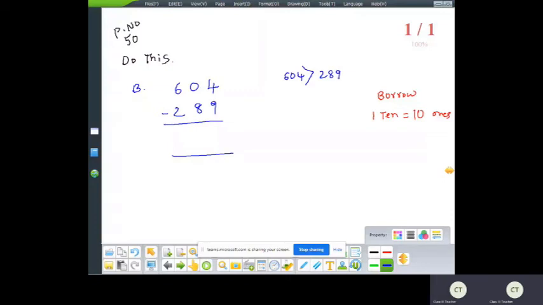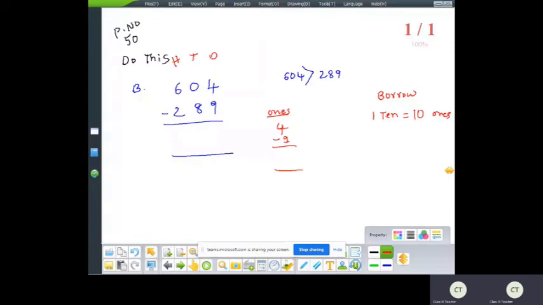Now write the place values: ones, tens, hundreds. Now subtracting on ones. The digits under the ones place are 4 and 9. 4 minus 9 means 9 is subtracting from 4. But 9 is bigger than 4. We cannot take 9 from 4. A bigger number cannot be taken from a smaller number.